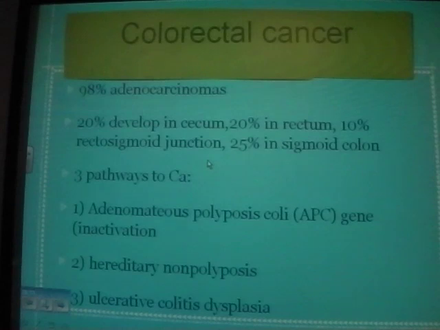And the last one is colorectal cancer. So I'll just have a few slides. I'm not going to go through in depth pathogenesis or anything. So 98% are adenocarcinoma, and where they develop is really variable, in the cecum, rectum, and